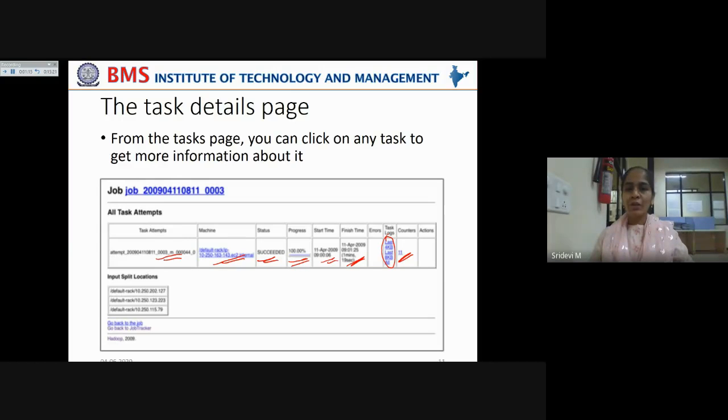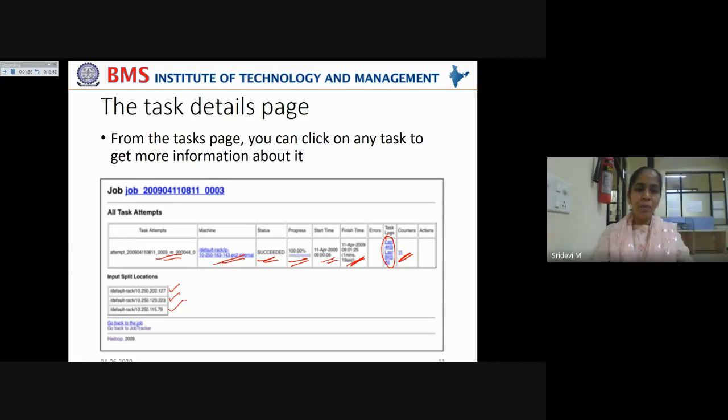Why? Because we are using an extra counter to count the number of erroneous records encountered. Here the count has increased to 11. You also have the input split locations, where exactly the input splits are being read from. Those details will also be given.